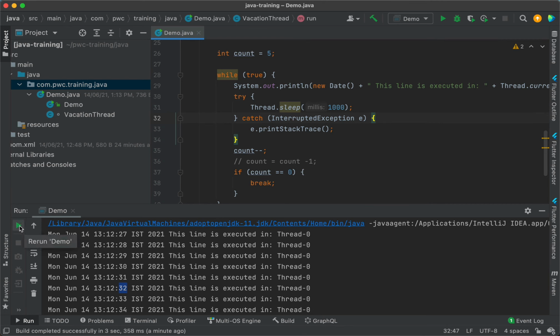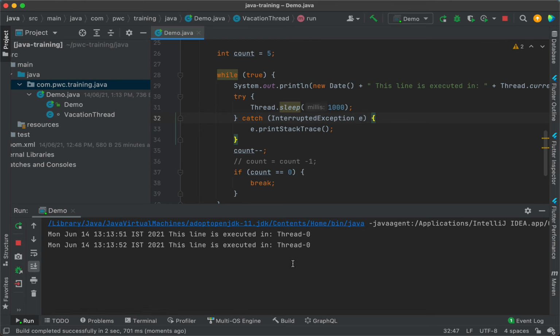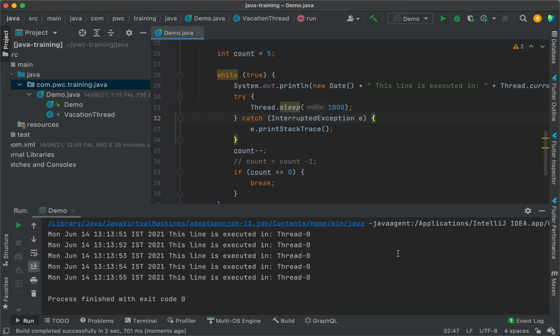So I click on this now in order to run this, and you can see my thread will be terminated based on the logic that I've written. So you see 1, 2, 51, 52, 53, 54, 55, done. It's out. I'm out. My program is terminated. Can you see my program is terminated?